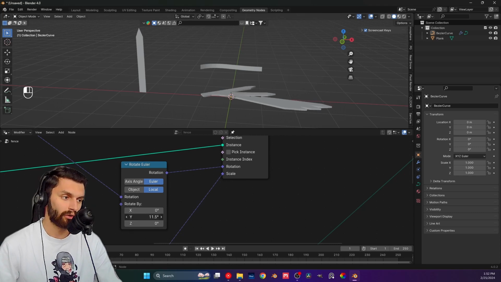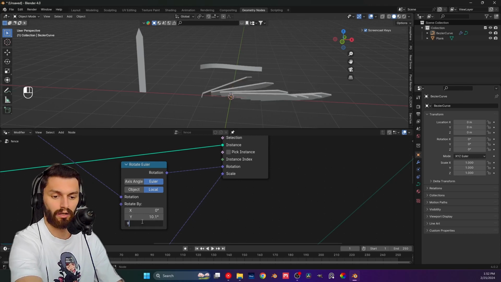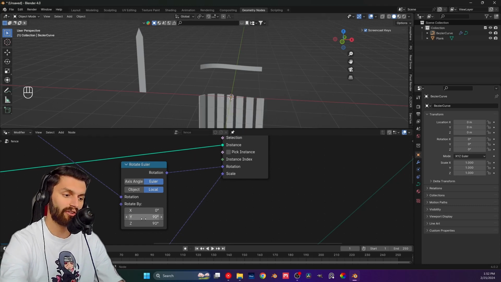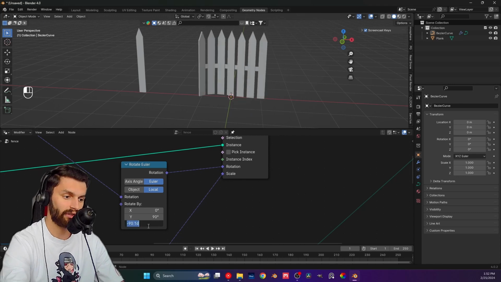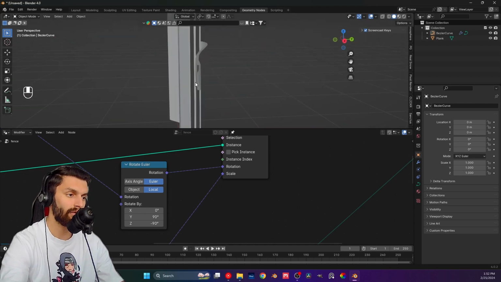So just rotate it on, let's say, first on the Z. So let's put this to 90. Let's put the Y to 90 as well. And actually, as you can see, this doesn't work properly. So what we do need is actually minus 90 for the Z, 90 for the Y, and there you have it. Now they are all